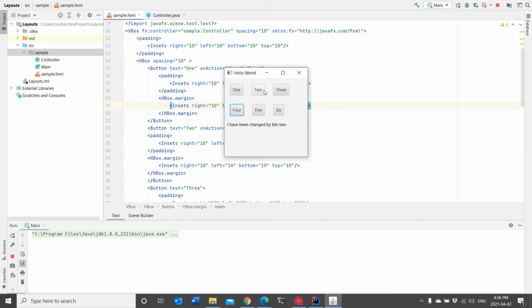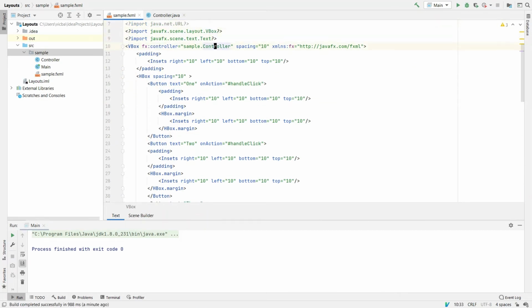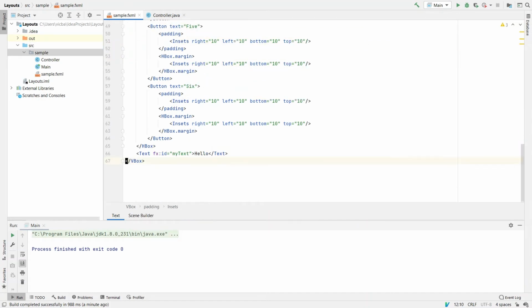One way we can add some style to it is through a style sheet. And this is one of the great things about FXML, where you can have a CSS style sheet to style your program. So it's important that in the root, well, not the root element, but the containing element, in our case, for this example, it's a VBox, right before the end tag of that containing element, we put our style sheet tag, and it will then apply to the entire